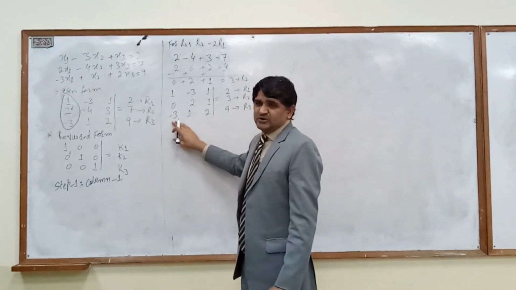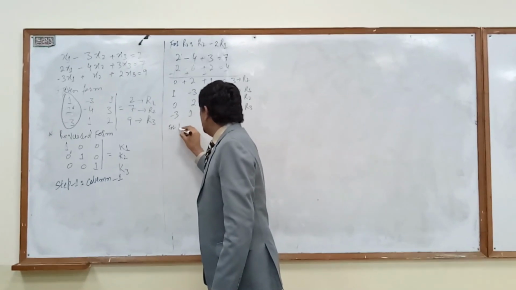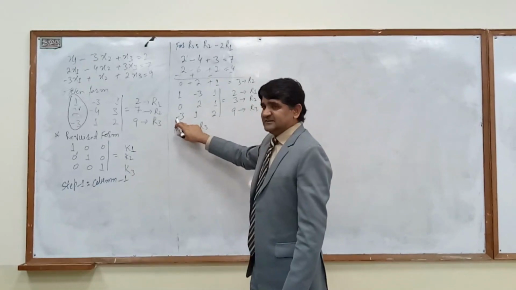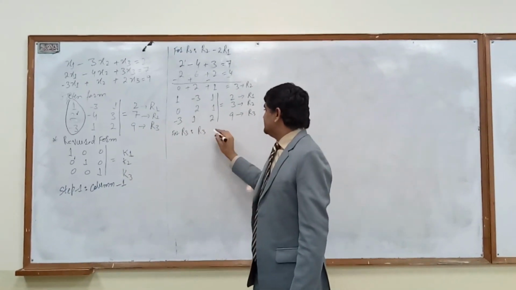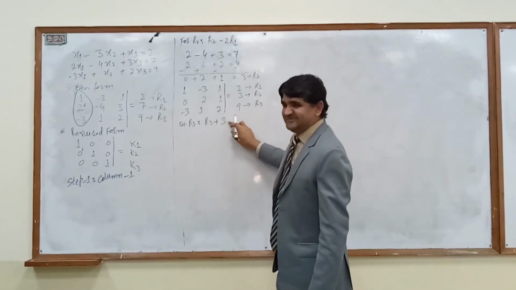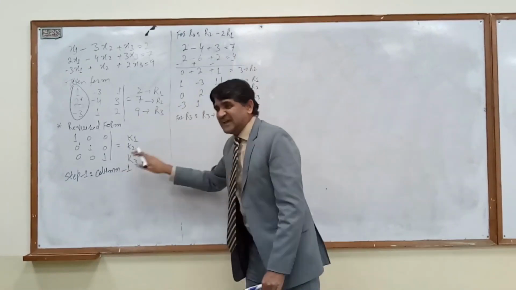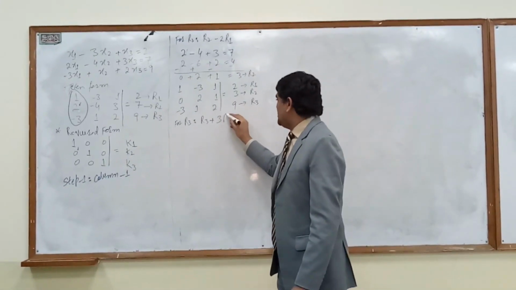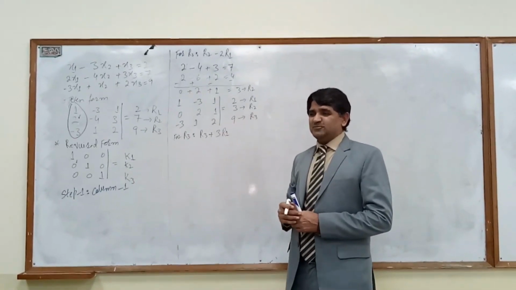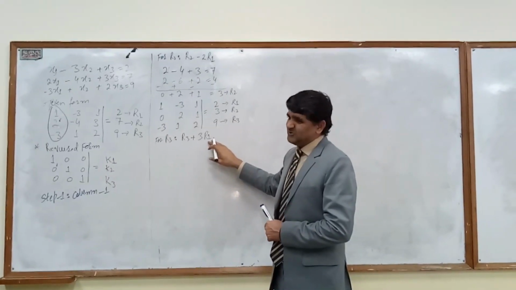In which row we are going to operate? Row 3. So we will be writing for row 3. What is sign here? Minus. So it will be plus. Which expression will be here? We are talking about column 1. The second component will be row 1. If we are in column 2 or step 2, then the second expression will be row 2.